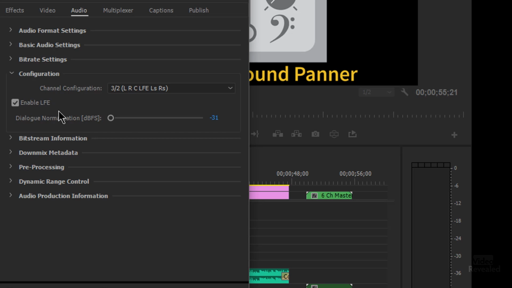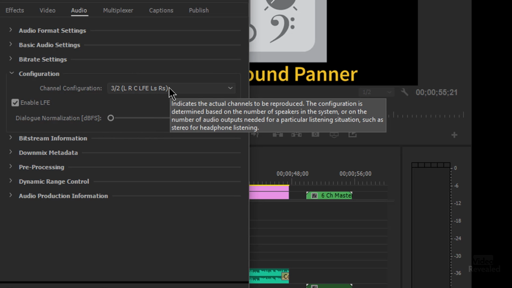Down in the configuration, there's a default down in here. Now, this parameter is only for Dolby Digital and Dolby Digital Plus. You won't see this for any of the other formats. It's a channel configuration. This is the way they do channel layout in Dolby Digital and Dolby Digital Plus streams